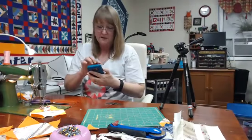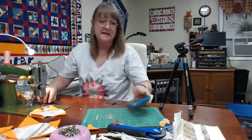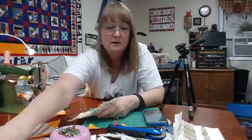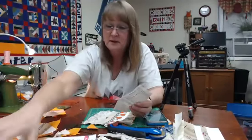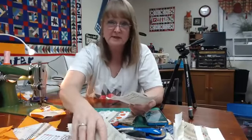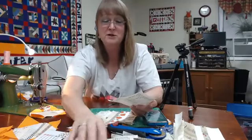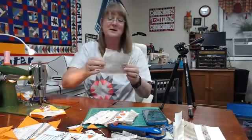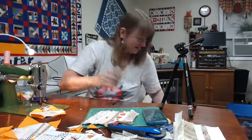That's wonderful. So while I am sitting here, I've got a couple more papers. I didn't know how long our little demo was going to take us. Remember, this is an impromptu. What am I going to sew for Quilt-Cam? I think I'll show folded corners because I need something to do. Okay, so I've got my string